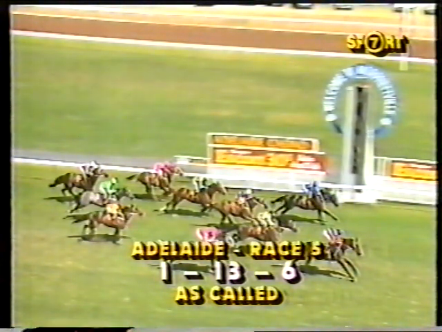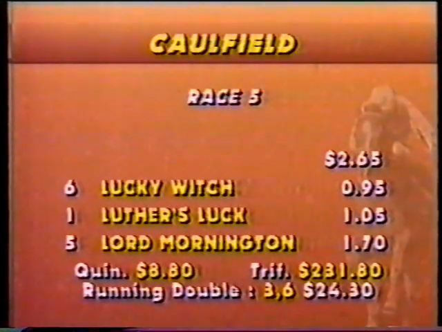So there you go. Every horse with an S in its name. 1, 13 and 6 in race 5 in Adelaide. Gouchy paying $2.65 and 95 cents. Luther's Luck second $1.05. Third Lord Mornington $1.70. Quinella, $8.80. Trifecta, $231.80. And the running double paid